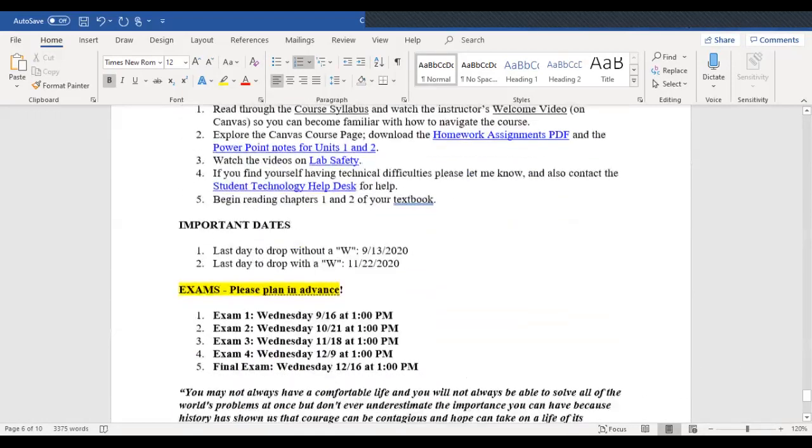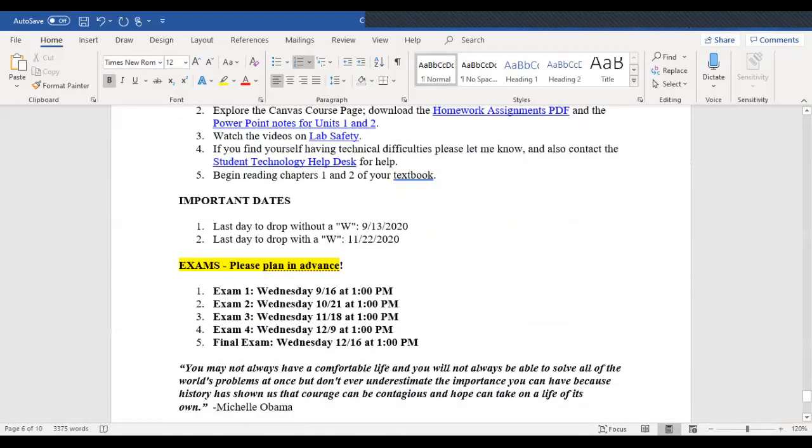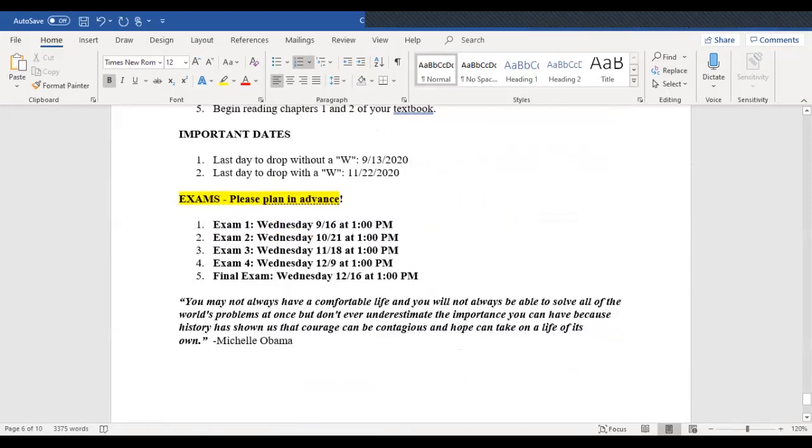Let me close out by pointing out the exam dates and times. All exams are at 1 p.m. They're all going to be on a Wednesday of whatever these dates are. So what I want you to do is right now, make sure over the next couple of days to check that, put them in your calendar, put reminders,